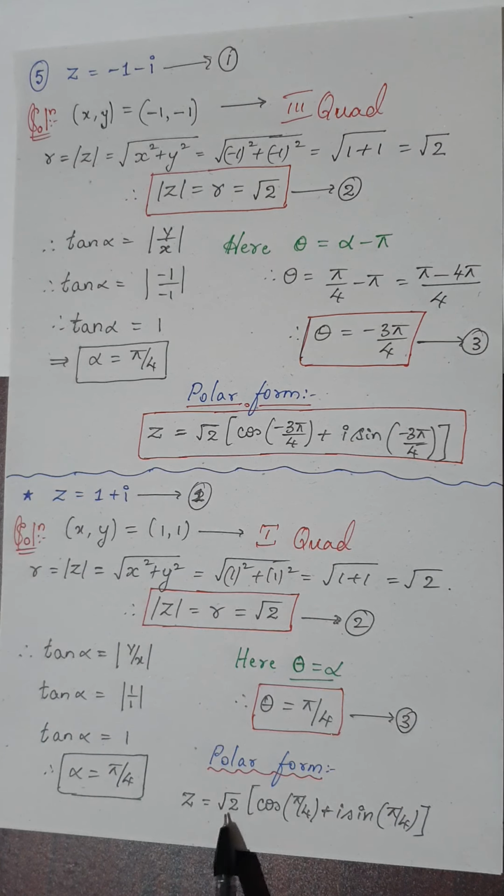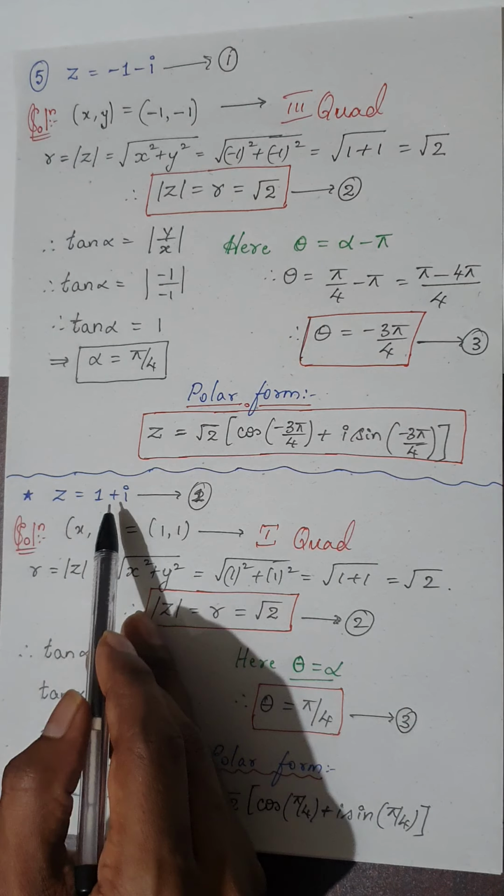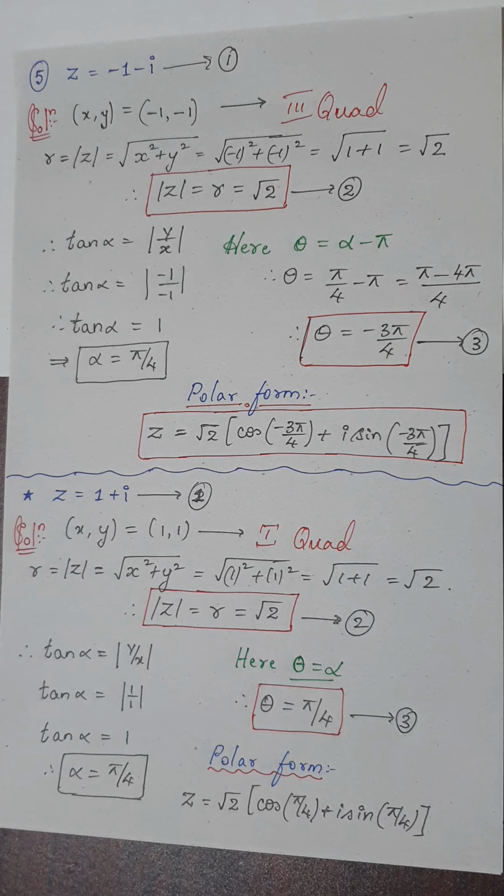If you want, you can cross check this. What is cos pi by 4? It is 1 by root 2. And what is i sine pi by 4? i is the complex part. Sine pi by 4 is again 1 by root 2, isn't it? So in both the terms, the denominator will be root 2. If you take it common and cancel with the outside, you have multiplied by root 2. Root 2 and root 2 cancel, and you are left with 1 plus i into 1. That is 1 plus i. You will get back the original complex number.